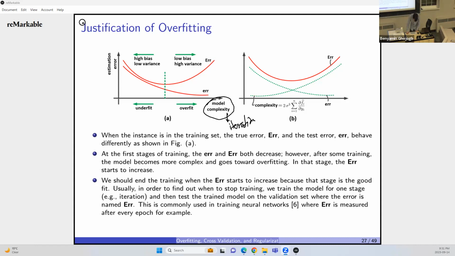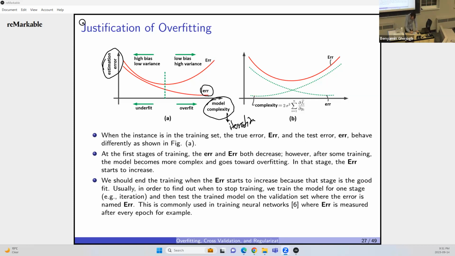Then here I have the estimation error, my error. This error is empirical error. You can consider it as a training error. The training error usually goes down always. It might have some fluctuation, but the overall pattern usually goes down always, because you are training on that training data over and over. Of course, it gets better and better, right? However,